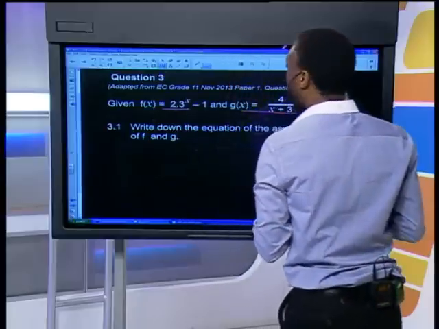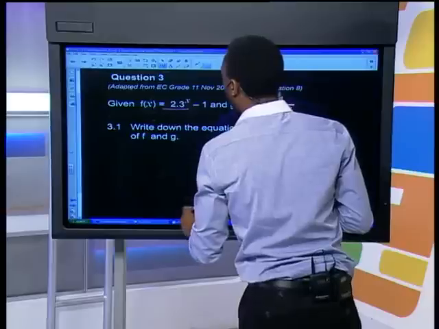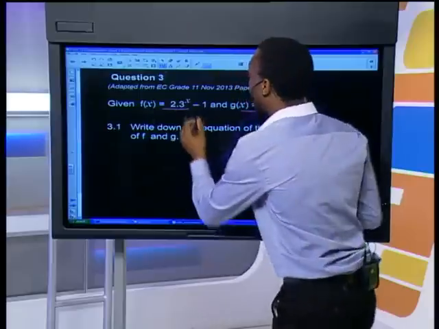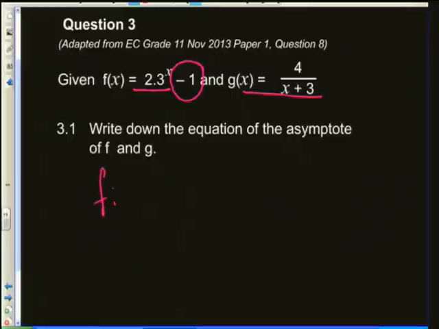Right, so I want to know the asymptotes. We all know that the standard exponential graph has the x-axis as a horizontal asymptote. But what has happened here is that this graph has shifted down 1 unit, which means that for f, my asymptote is no longer the equation y is equal to 0, but it is now the equation y is equal to minus 1, right? And for g, we all know that a hyperbola has 2 asymptotes, a horizontal and a